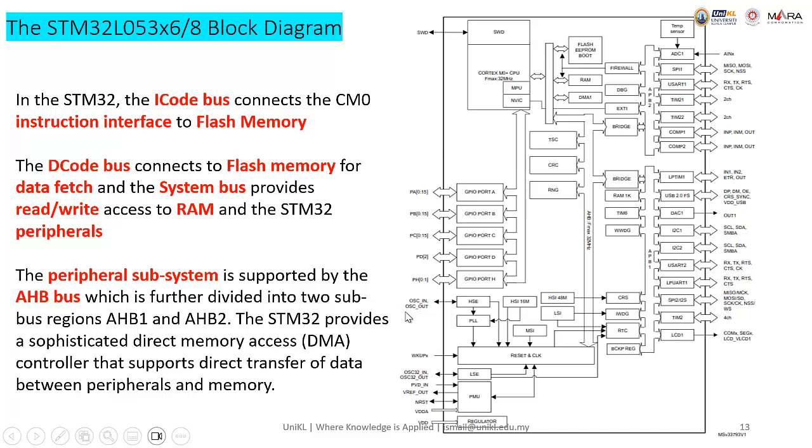So this is the block diagram. You can see the block diagram of the STM32, for example, here. This block diagram is very important when we're going to use, for example, a timer. Timer 2 here is connected to APB1, right? So we need to know the clock that we set for APB1 to calculate the time elapsed